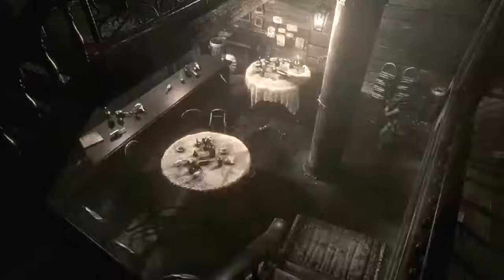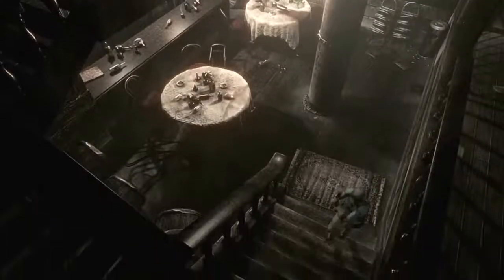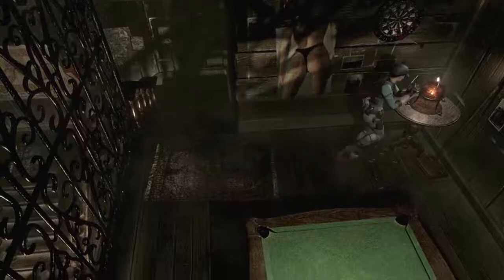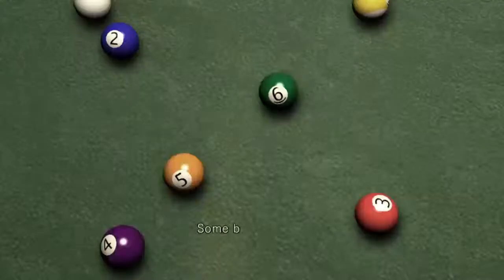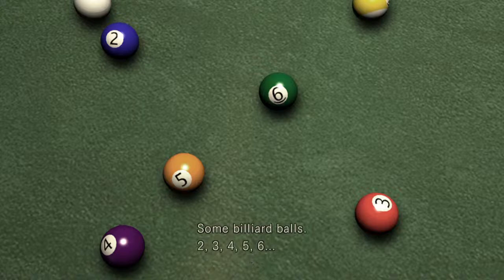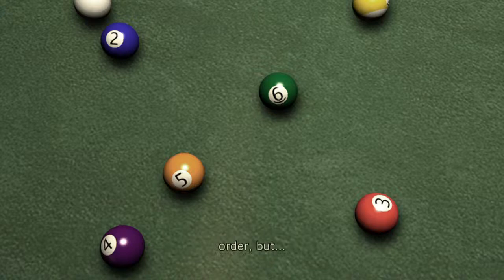So I'll go all the way up to the top floor where the final one is, and then there's also some snooker balls up there that have something ominous about them. See, this one has no eyelashes at all, but it has got a pupil, right? Then if you look at the table, this is a bunch of shit, right? Some billiard balls. 2, 3, 4, 5, 6. There doesn't seem to be anything significant about the order, but...